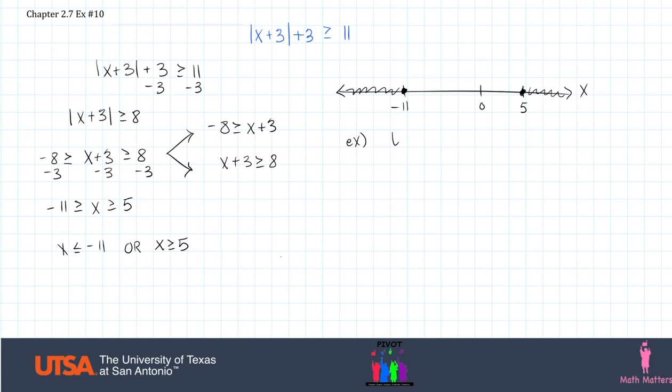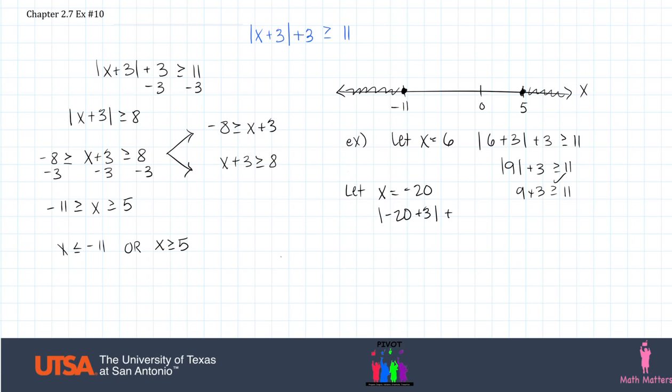So let's say let x equal 6. And if we plug this back in, we have the absolute value of 6 plus 3, plus 3. And then we have 9 plus 3, which is 12, and that is greater than or equal to 11, which is true. So that works. We can check the other side too. Let's say x equals negative 20. Then we have the absolute value of negative 20 plus 3, plus 3, which is also true,